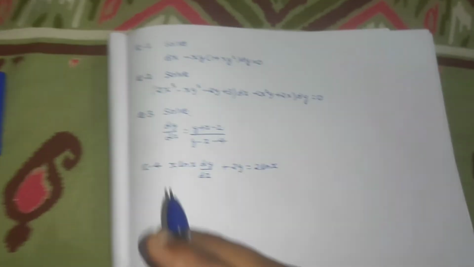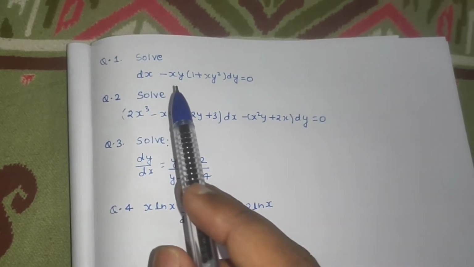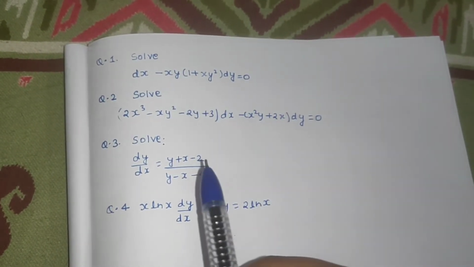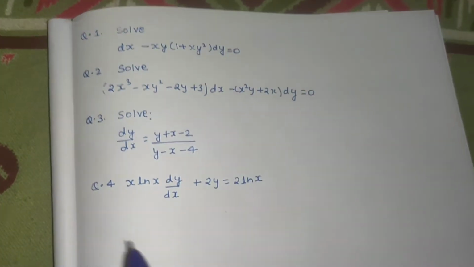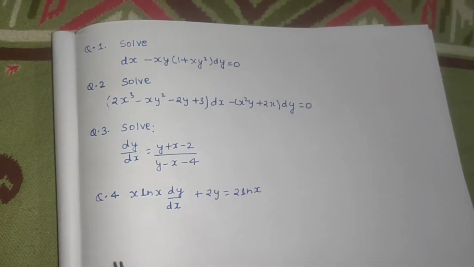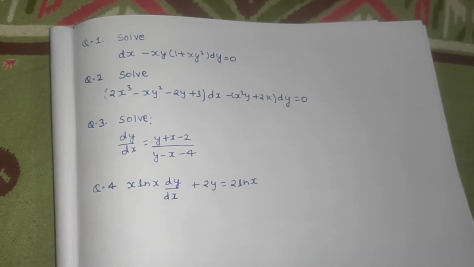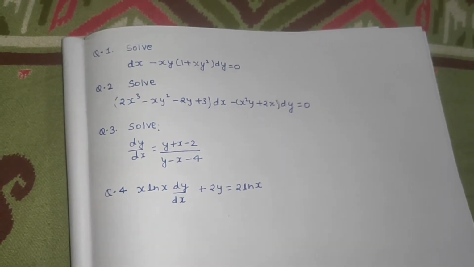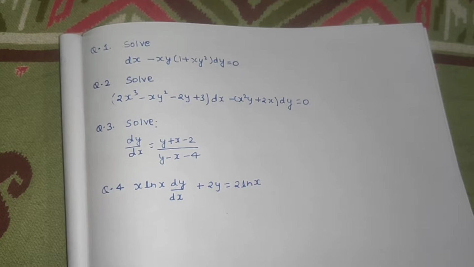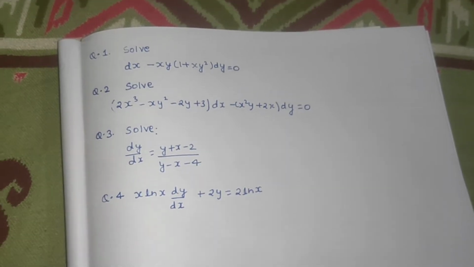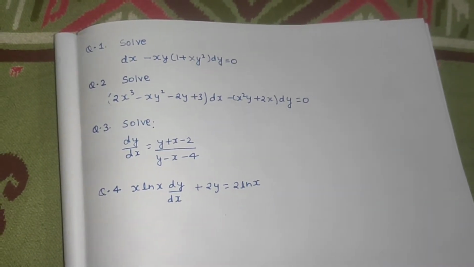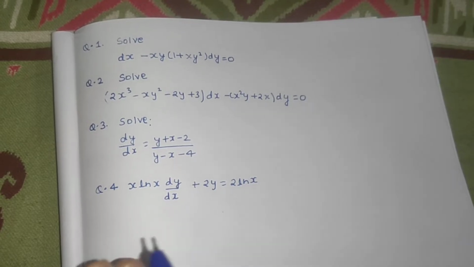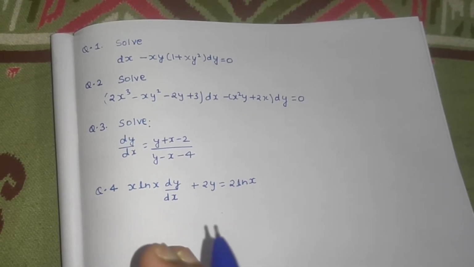So the first question we have is dx minus xy into 1 plus xy square dy equals 0. So clearly it is not looking like a variable separable form, neither homogeneous. So let's just try this by linear differential equation. So if we divide throughout by dy,